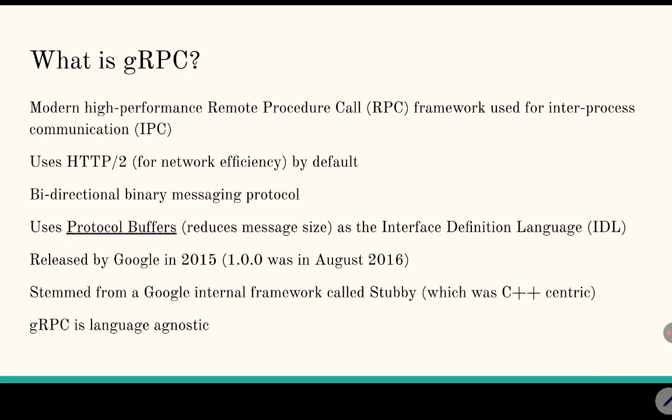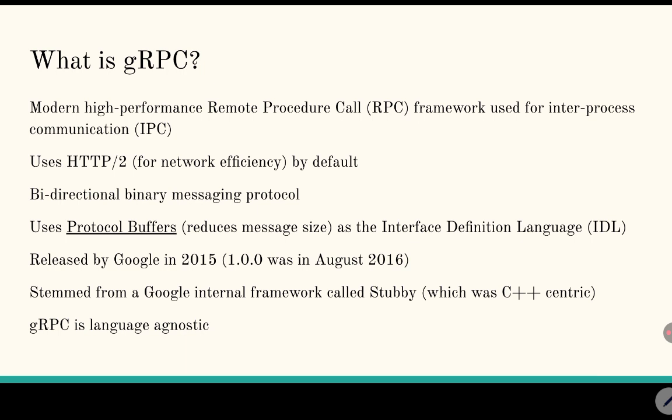Now, when it comes to a service which needs to be invoked by a client, the service should tell what it actually exposes. In various technologies, that is defined using some sort of a definition language. In the gRPC world, this definition language is based on protocol buffers, and it's usually called an interface definition language. gRPC was first released by Google back in 2015,